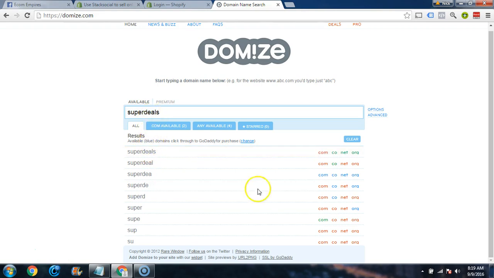So here you can see superdeals.com is not available, all right? And this can be a frustrating process, honestly, because there's people out there that just go out and buy up all kinds of domain names because they think it's going to make them rich trying to flip domains. And so a lot of times you can get frustrated because you'll keep running into dead ends because you'll have good ideas for names. And then you'll notice that it's already taken,